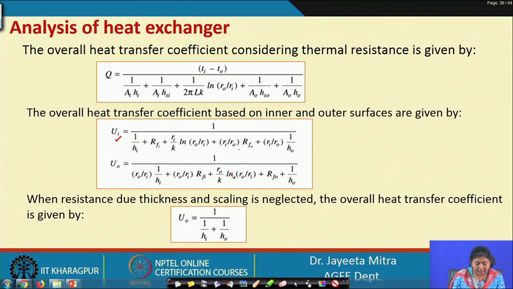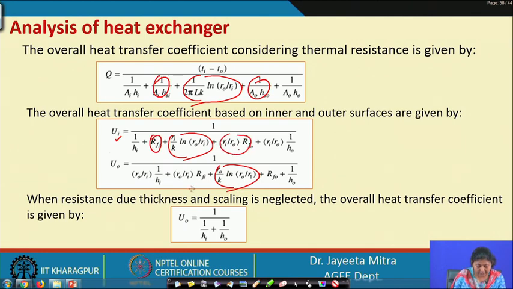Because the thickness part we can neglect this term, this one, and here this one. So, when thickness is neglected, we are getting this term out of the equation, and because of scaling we are not getting this term and this term,